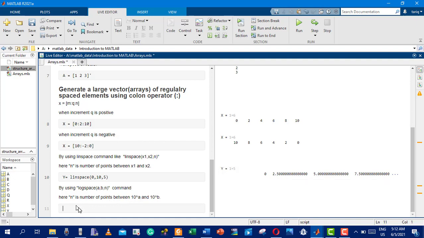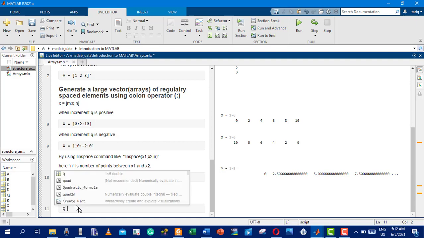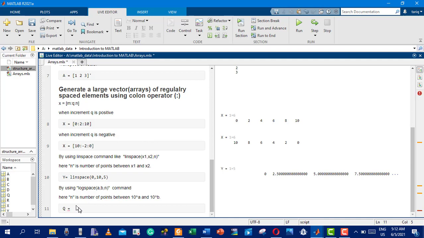So if I have vector Q and I will put logspace, then value of a is 0, and I will put comma, and value of b is 5, and then number of elements is 5. So when I run this,